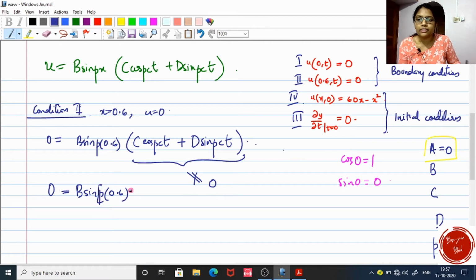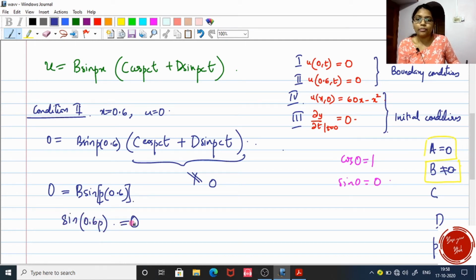Actually this completely is an angle for sine. Anyway, again out of this which is going to be 0? B or sin p 0.6. B can never be 0. Why? Because if b is 0, then complete equation is going to be 0 only. So again our general solution will be a non-existing one. So let's not take b as 0. So b is not equal to 0, and then the only possibility is to make sin